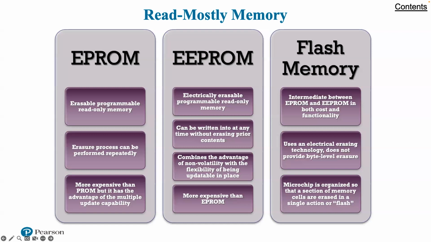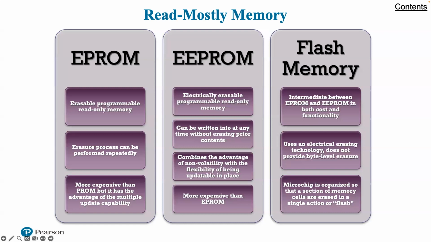This erasure process can be performed repeatedly. Each erasure can take as much as 20 minutes to perform. Thus, the EEPROM can be altered multiple times, and like the ROM and PROM, holds its data virtually indefinitely. For comparable amounts of storage, the EEPROM is more expensive than the PROM, but it has the advantage of multiple